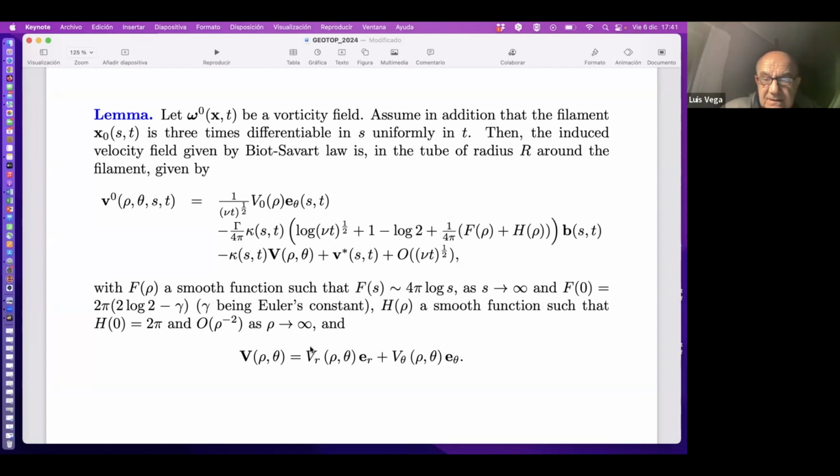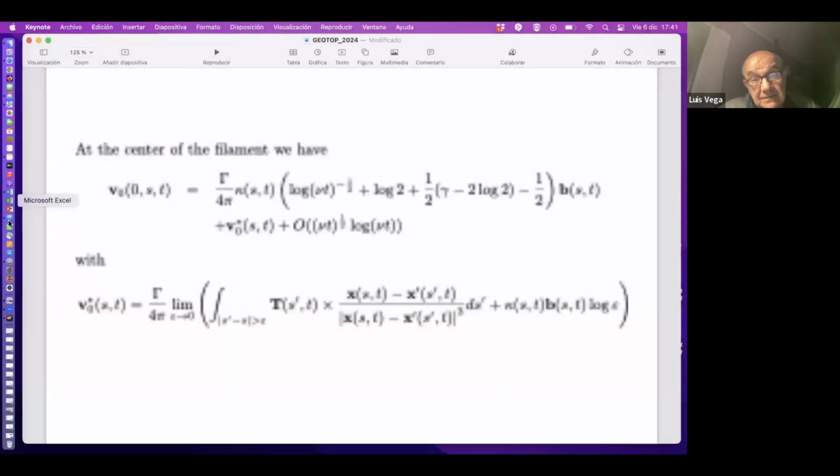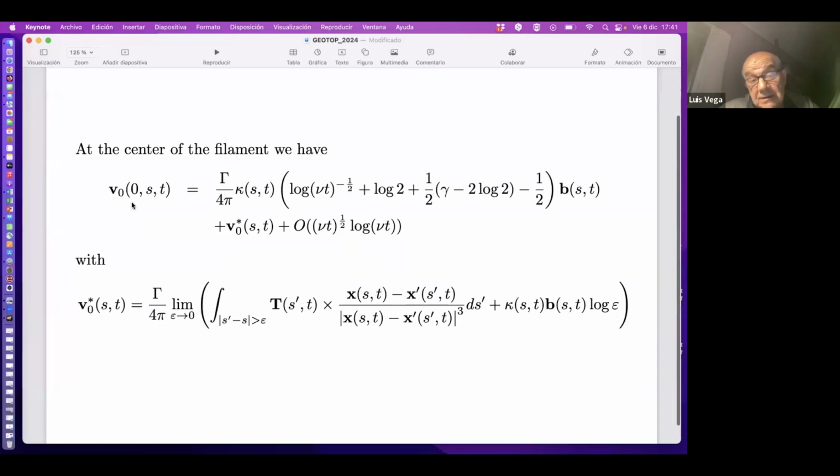There is another one that is 0 at the origin, and we have a very precise description. But I just want to insist on this one, because this is the one that really matters when you make rho 0. Remember that at rho equals 0, I'm computing now at the center of the tube that is moving according to the binormal flow. Then the velocity, the leading order was 0, and the only thing that remains are these guys, because the other ones are 0. So this is really the correction in the direction of the binormal of order 1, so you can compute it very explicitly.